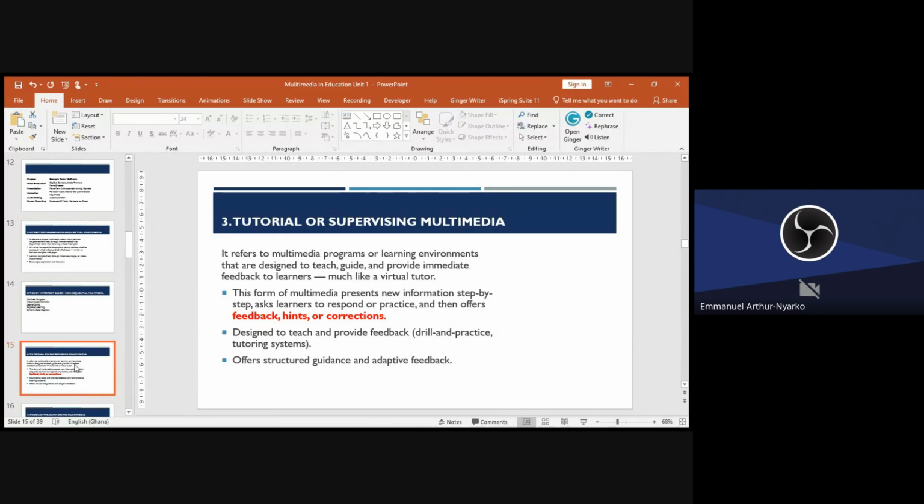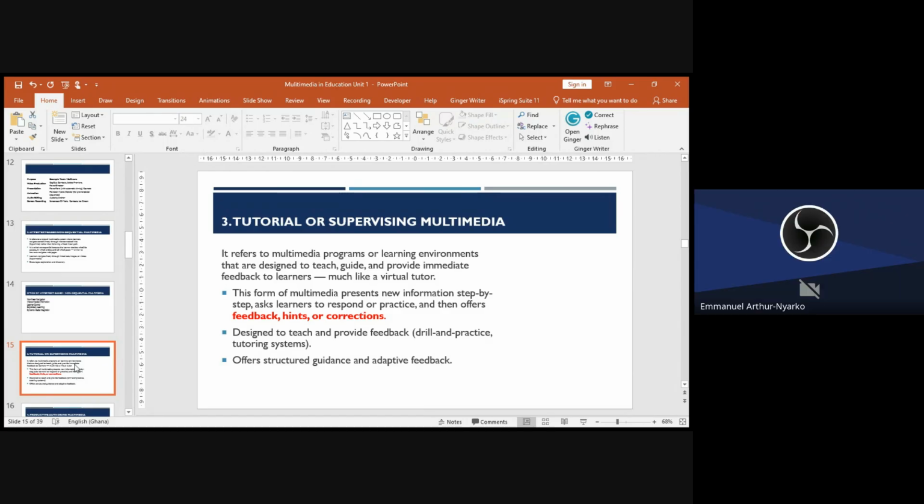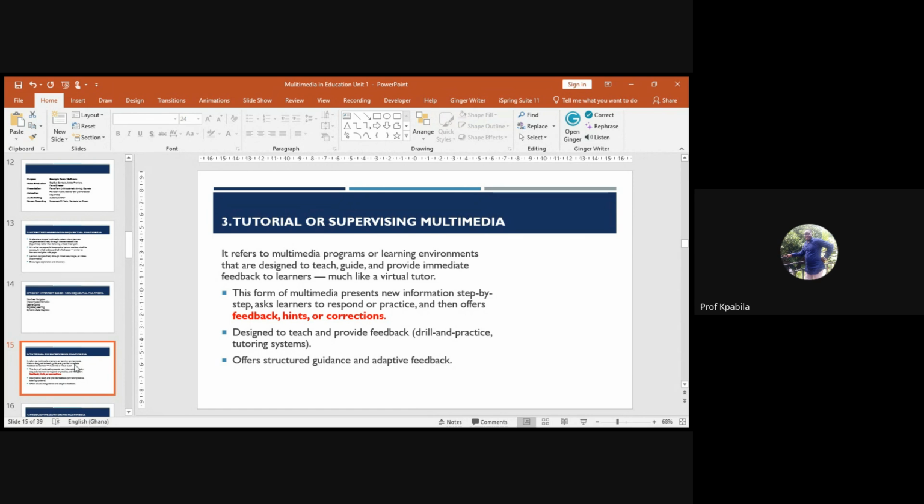I remember on the Med-IT program those days, students were designing drill and practice. Are you doing modalities of technology? Do you have a course called modalities? We have gone past that stage, sir. You've done modalities already? Yes, sir.